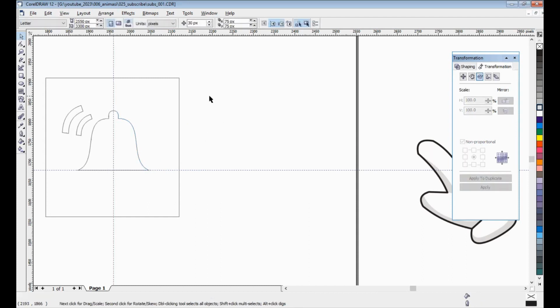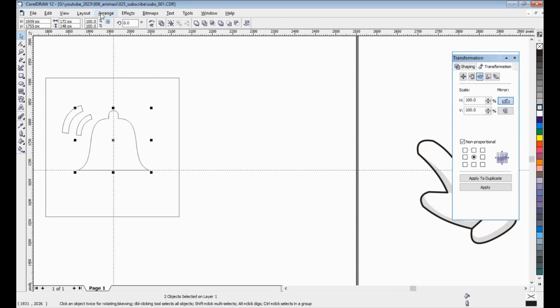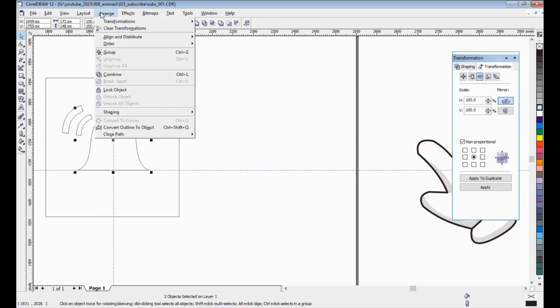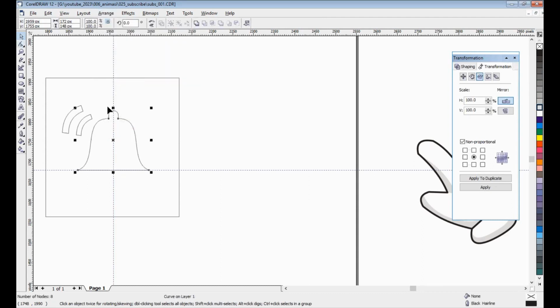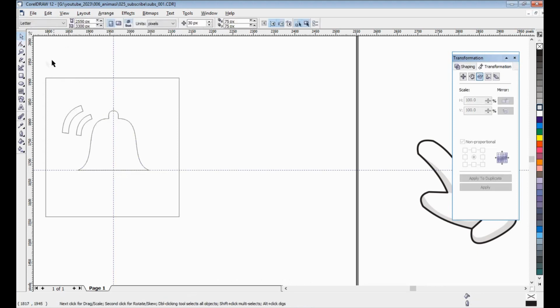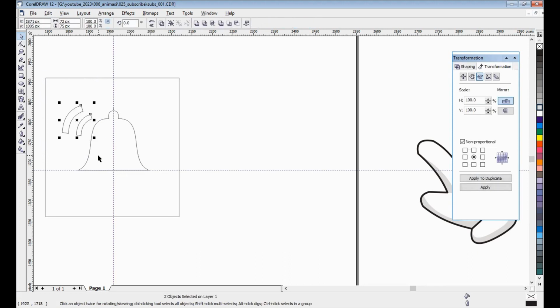That's it. And okay, I create this combine. Join nodes here, join nodes here, and here join nodes. Okay, finish.